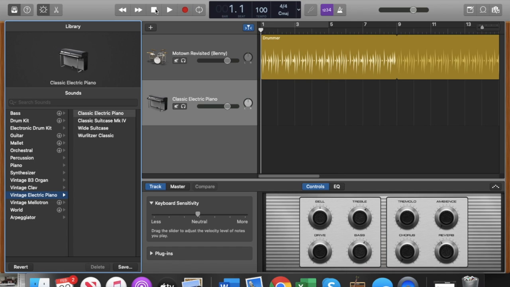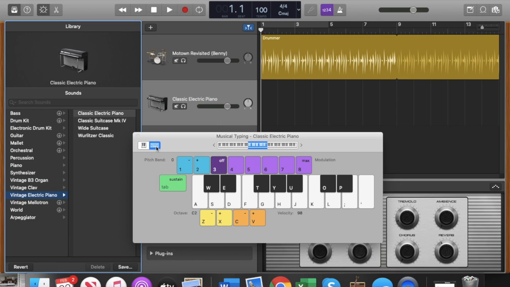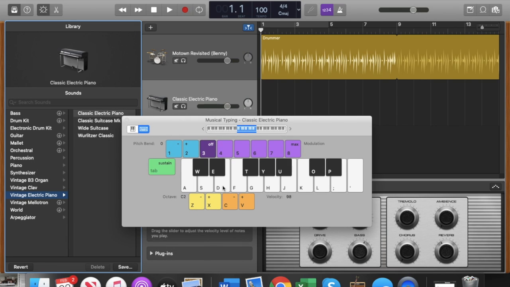So we can go back to the beginning. And then what we're going to do is we're going to go over to Window, Show Keyboard, and we've got this handy internal keyboard that pops up. We can go over to musical typing, and now what we've got is a way to just click on the keys on our actual computer and then make notes come out with that. So it's a way you've got your own keyboard on the go with you all the time